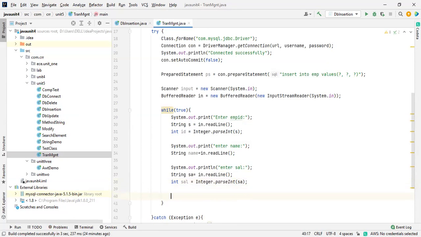Okay, now I'm going to write a condition over here. System.out.println: continue? Or else, do you want to add more records? More records.